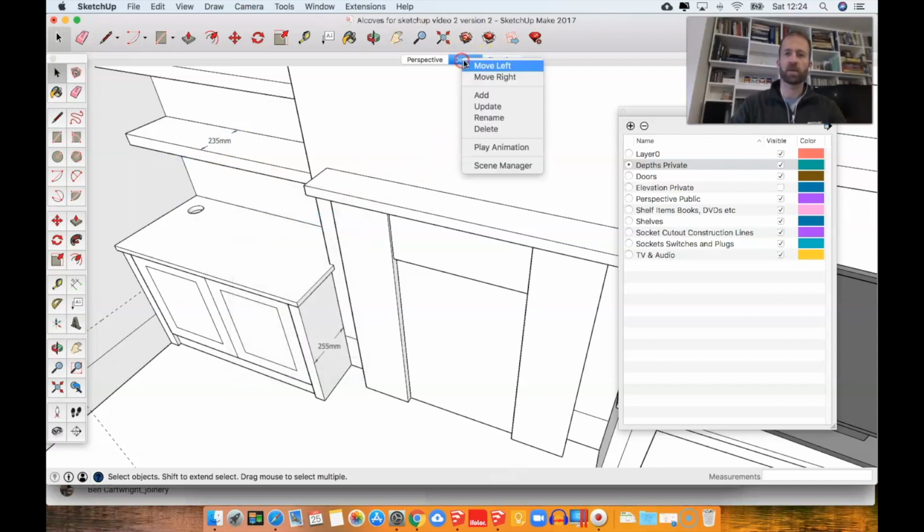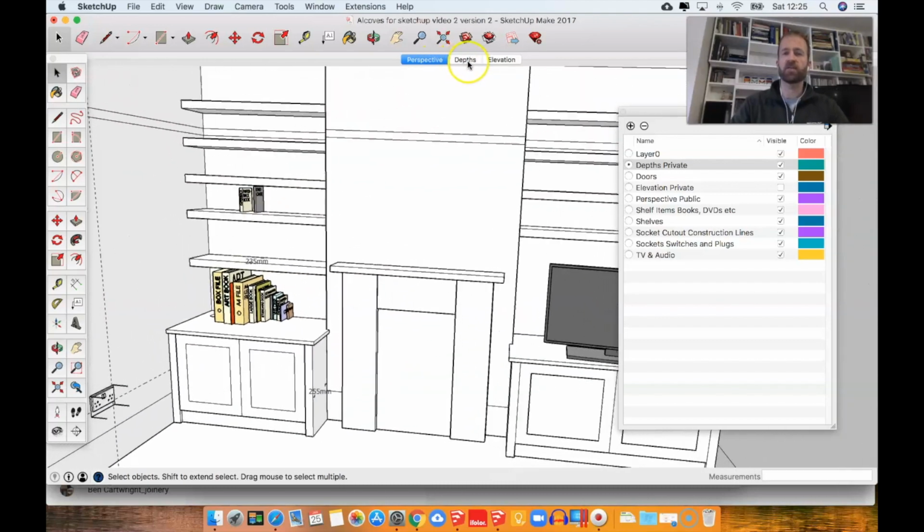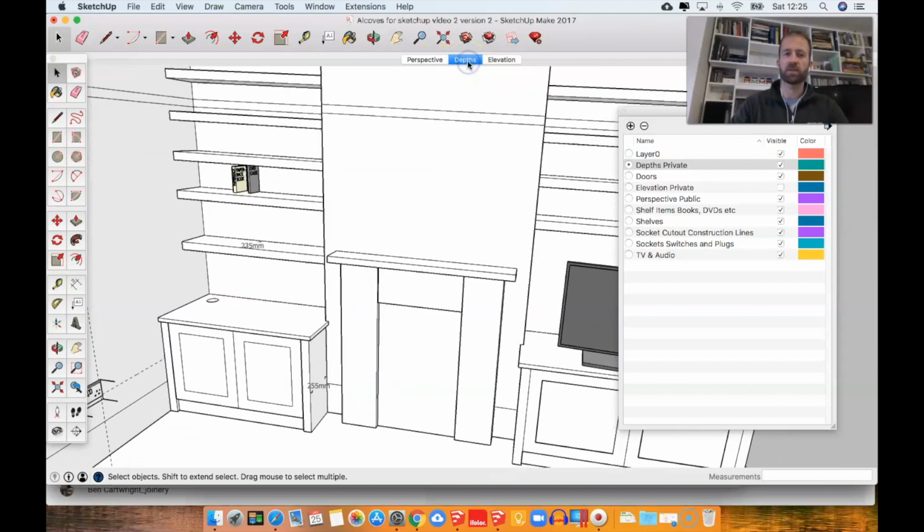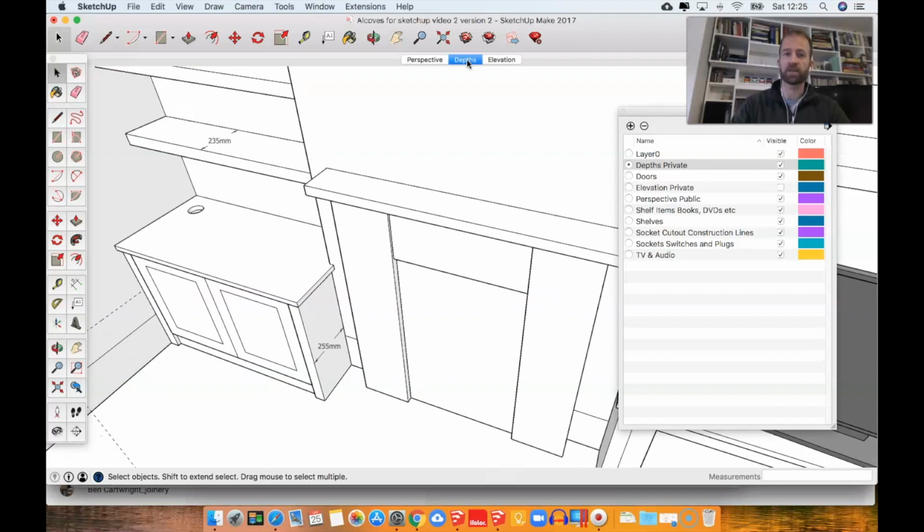And just so I don't forget, I'm going to update that straight away. So when you hide or unhide something, you can set that to the scene. And if it wasn't set as hidden in a different scene, then it's visible again there in the other scene. So now you see, because I've put these dimensions on the depths private layer,